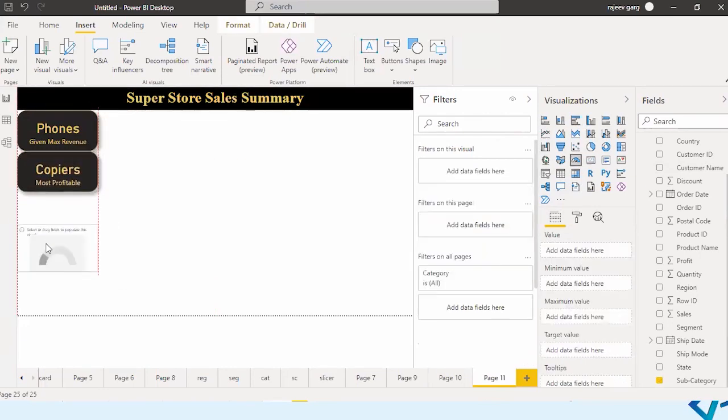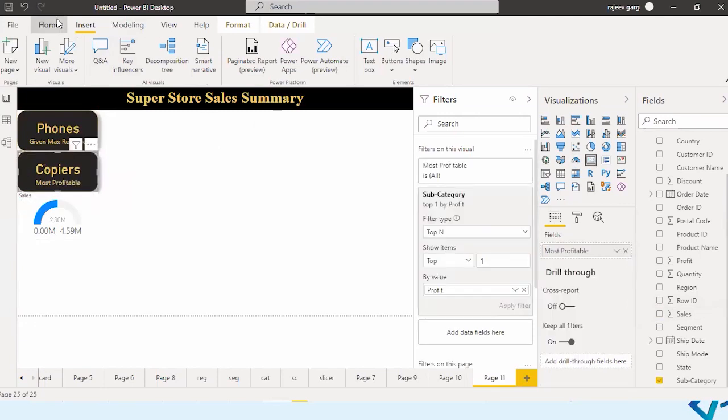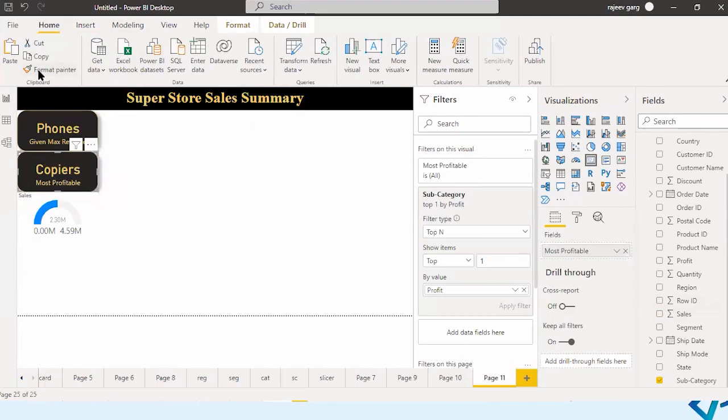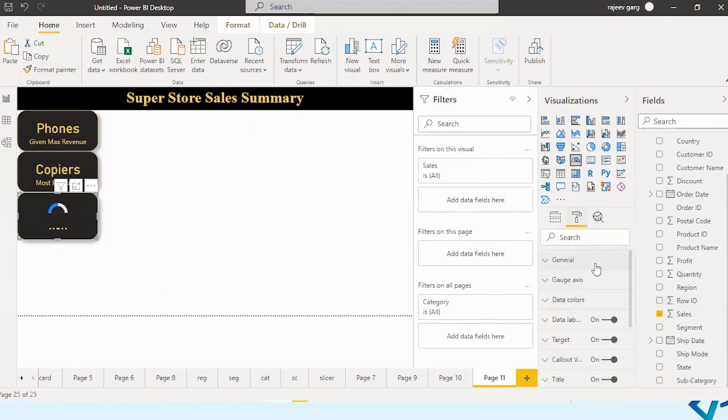Phones, copier. I would like to take a gauge chart where I would like to display the sales. I will take a quick format of this. Let me take the format painter. I will put it over here. This is how it is appearing, and I will do some formatting onto it.